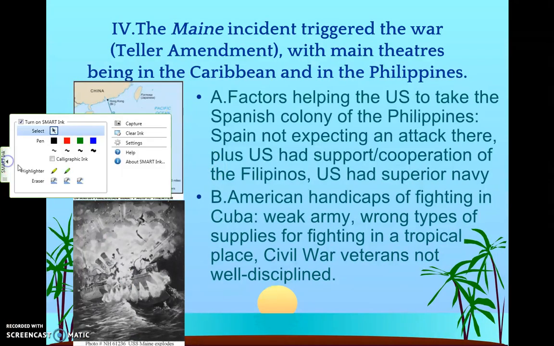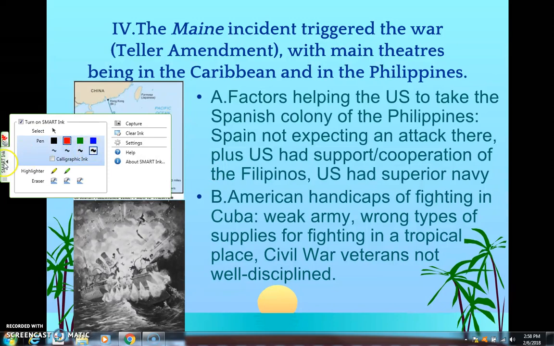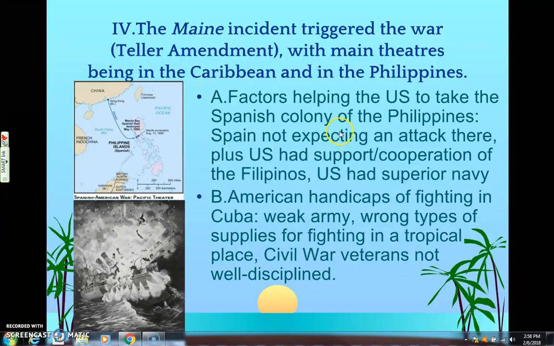It's going to trigger the war. The war is going to take place in two main fronts, or in two main theaters. One that we're going to expel pretty quickly is the Philippines. Okay. We're going to talk about the Caribbean here in a minute. The Philippines,